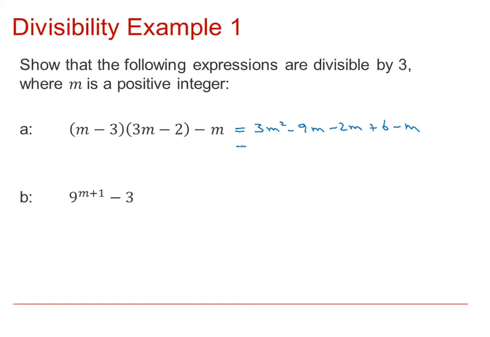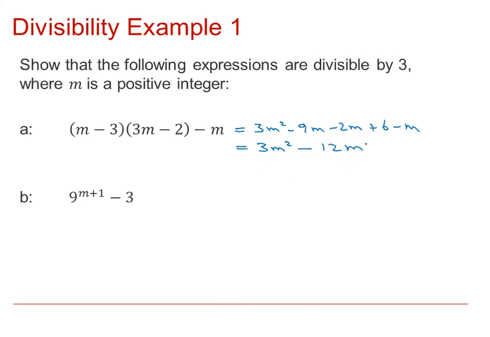Now if we collect like terms, we'll see a bit more clarity as to what's happening. So we've got 3m squared, minus 9 minus another 2 minus 1, that's minus